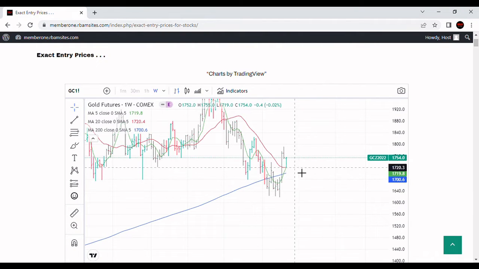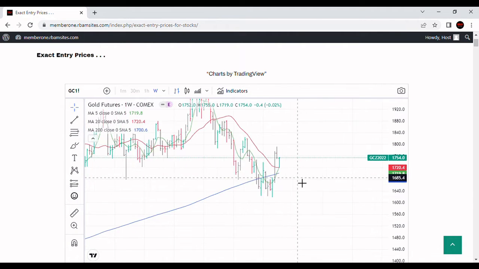It closed this week above the 200-day, above the 5-day, and above the 20-day moving averages, which is all good. It closed at 1754-ish on this particular day. Today, Friday, it closed at 1755, but that close is below, obviously, this. We didn't put in a new weekly high, so that's a cause for concern, because you'll notice the green and the red moving averages, the 5 and the 20 weekly moving averages, are right together with each other. So I would describe gold here as a little indeterminate.